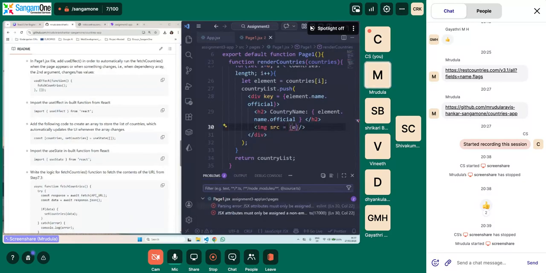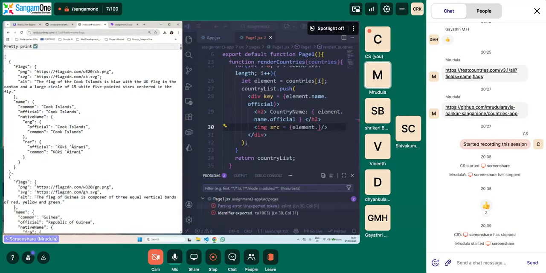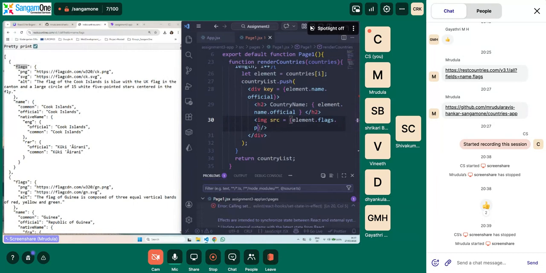Our source would be element dot flags. Let's see where our flags are. It will be under flags. We need it in the PNG format, so we will say dot PNG.